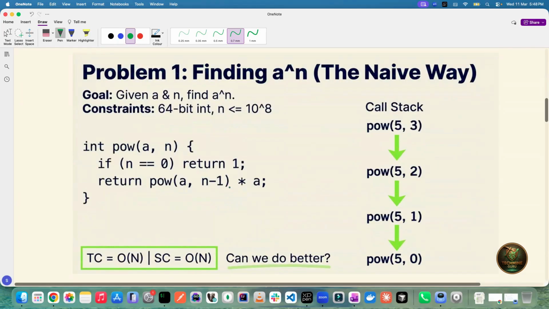Let's jump right into problem 1, finding a to the power n the naive way. Our goal is simple. Given an integer a and n, find a power n. We are working within the constraint of a 64-bit integer where n is less than or equal to 10 to the power 8. So to solve this, we have written a simple code, int power of a comma n, and this